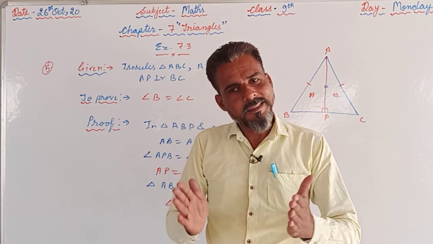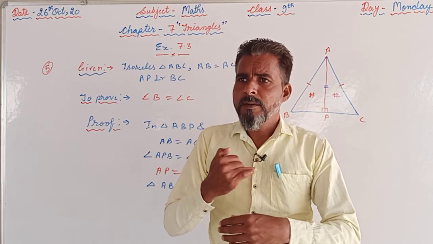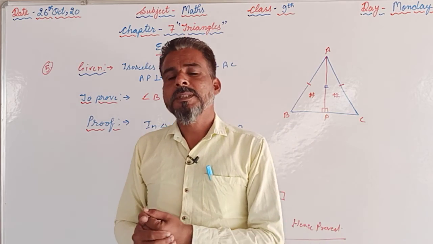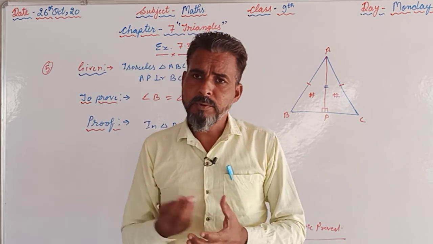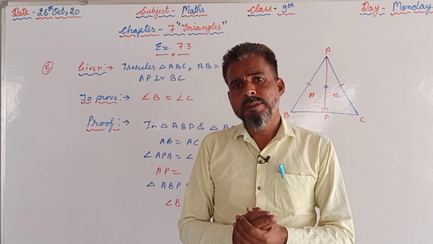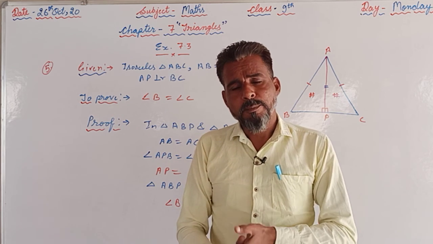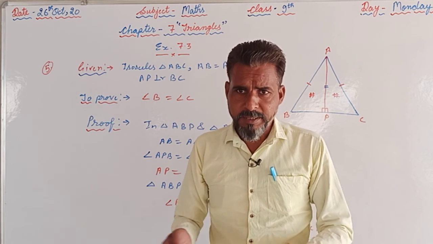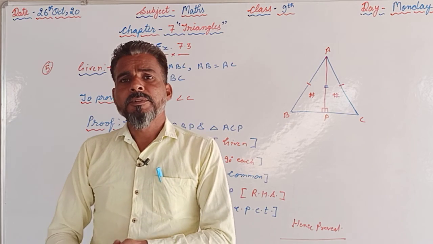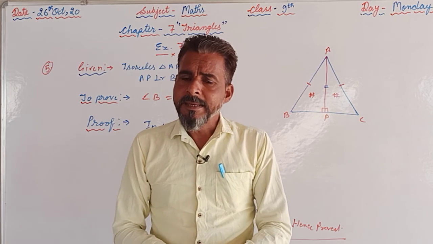So the congruence is complete, so you are supposed to again practice the questions given in exercise 7.1, 7.2 and 7.3, and afterwards you are supposed to take a pic of that and upload it on the school's WhatsApp number, so that we can also maintain the record of the names of the students who are completing their work on a daily basis.